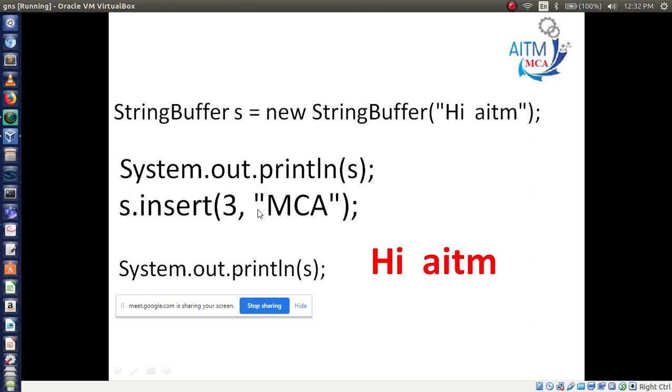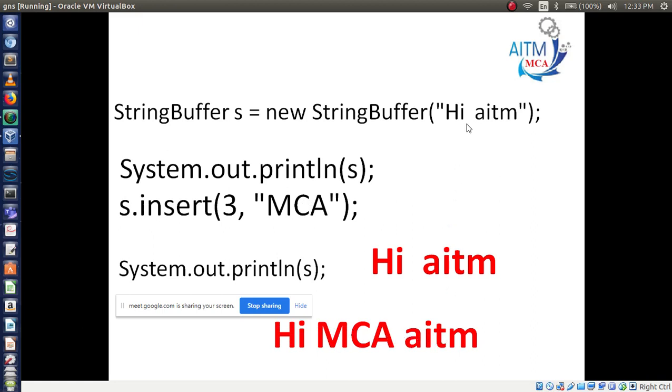In which position? Third position. See, h is 1, i is second, and the third position is after hi. Here I want to insert MCA, right? Now I will print that s again. Now I will have hi MCA AITM.